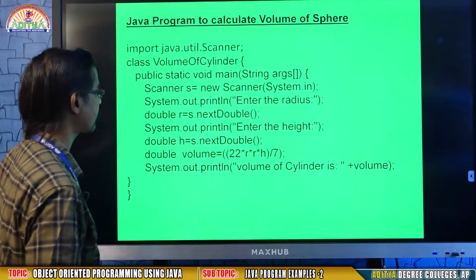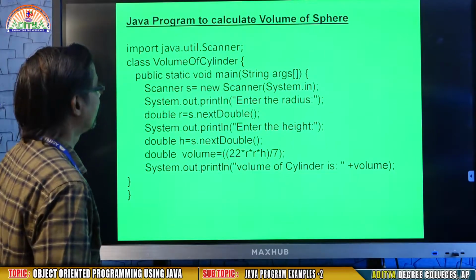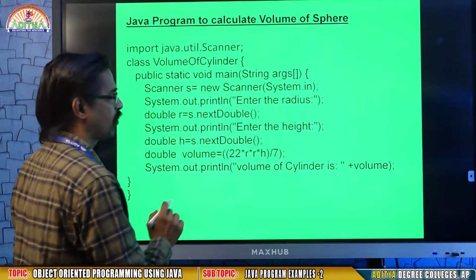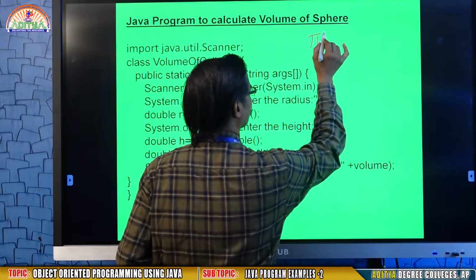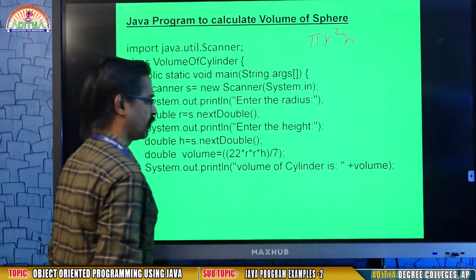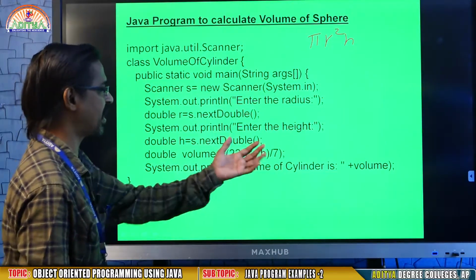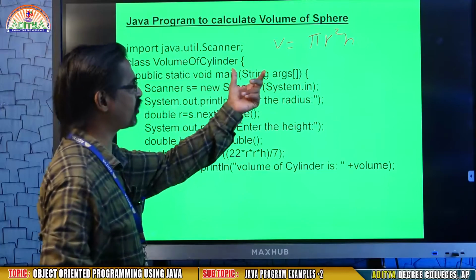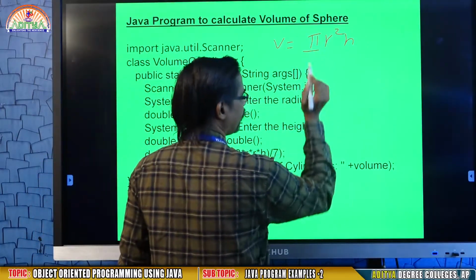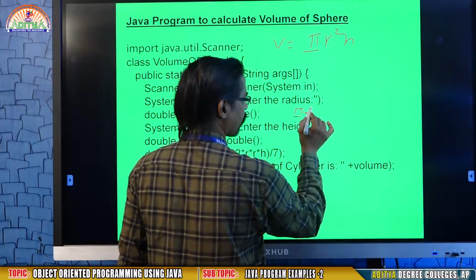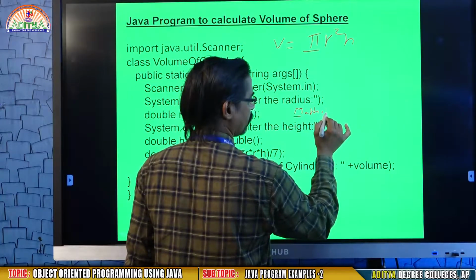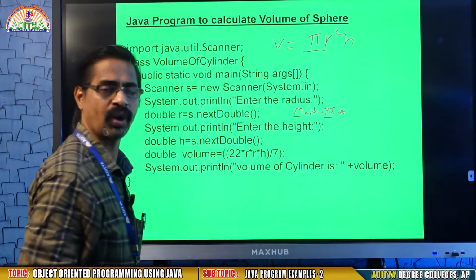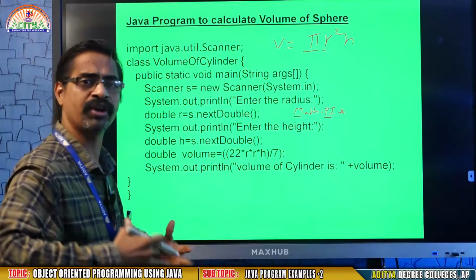Now the next one, you see here, Java program to calculate volume of sphere. That means the formula is pi r square h, radius and height. Here volume equals pi r square. When you are observing this problem, you may find pi means Math.PI, that is in capital, into r, where r means radius. What is that? That is called a variable. A variable holds different types of values every time.